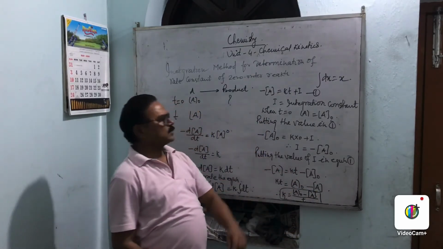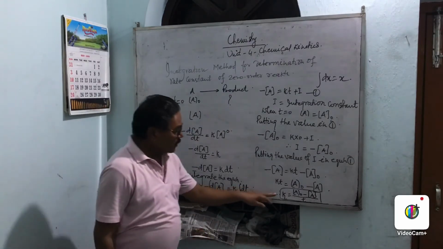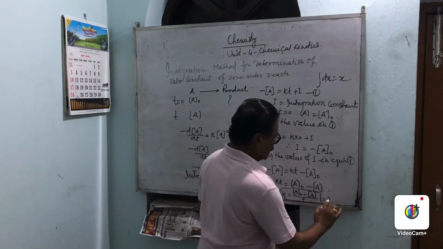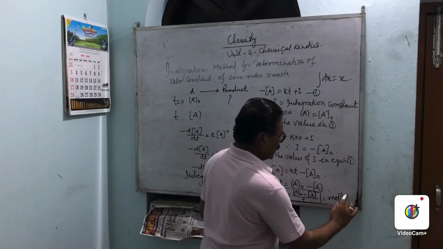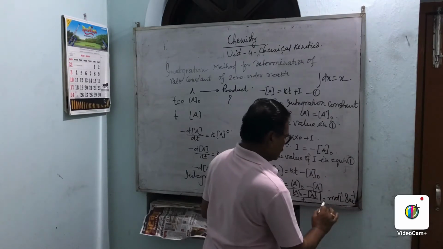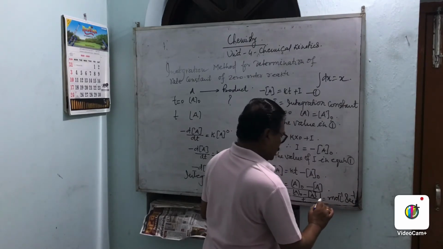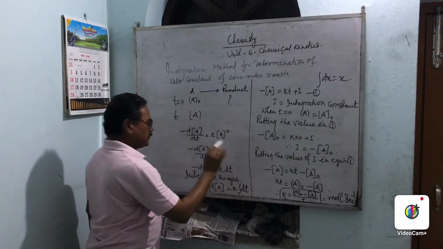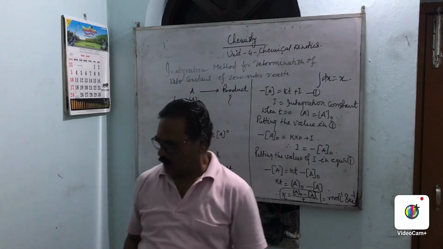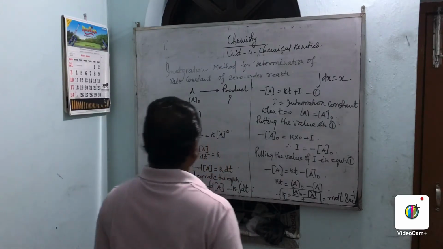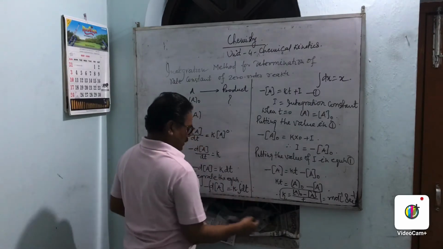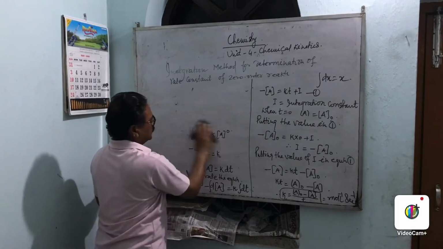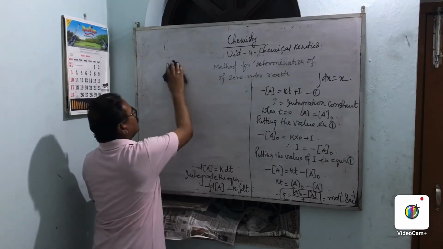This is the mathematical expression for the rate constant for a zero order reaction, and it depends upon the unit of concentration. So its unit is mole per liter, and time is in seconds. This is the unit of the rate constant. So how we will deduce the value of K for the zero order reaction? Now, what is the question based on this? This is zero order, so we take the questions. How it is asked.